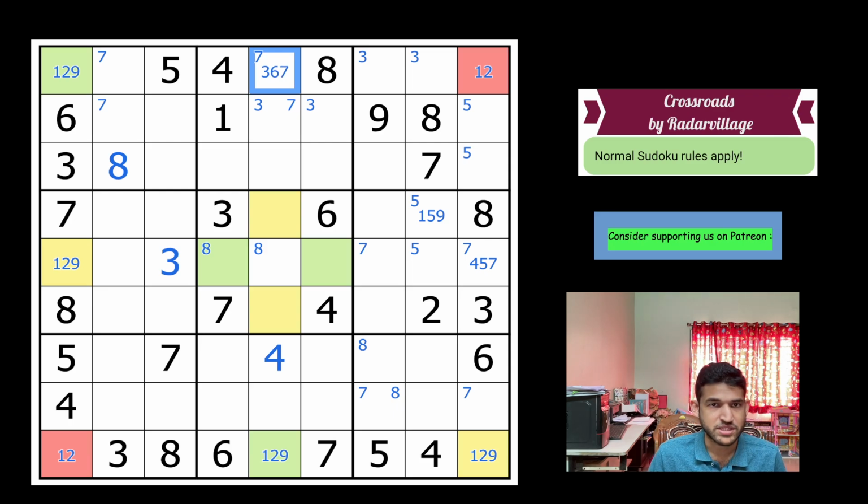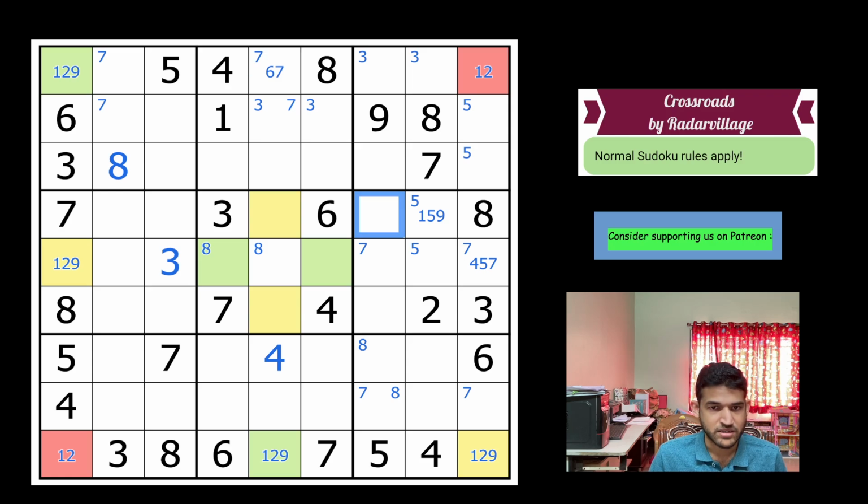But if you notice here, there is a pointing pair of 3s in here, which we made earlier. So this is a 6 or a 7. That's excellent, guys. Such a beautiful Sudoku this. Okay, now let's think a bit here. Okay, I think time for some